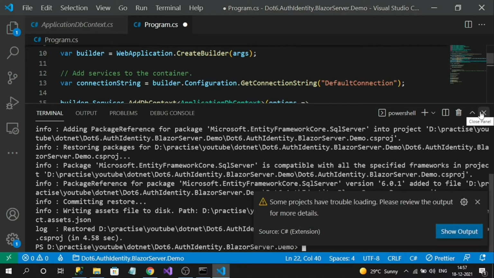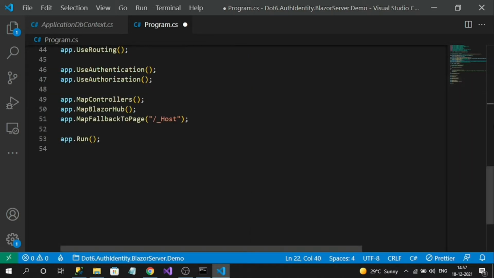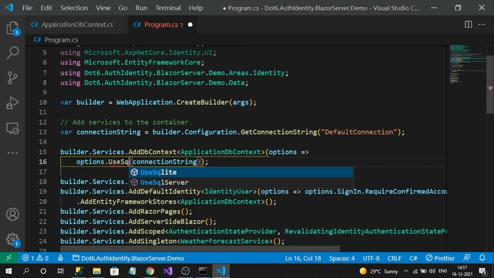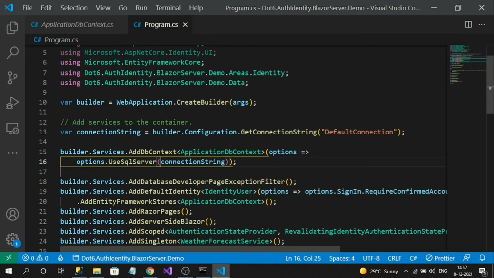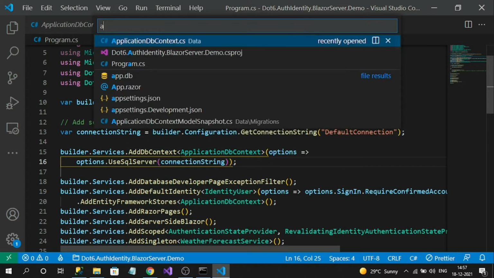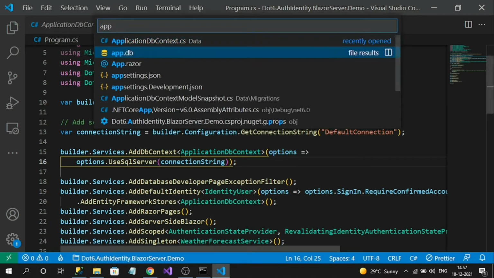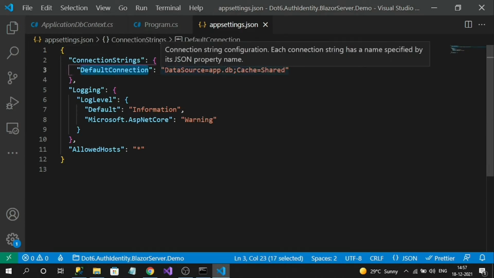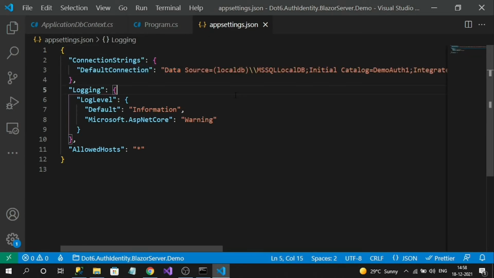The package was successfully installed. Now in the Program.cs file, let's change this to use SQL Server. And one more thing we have to do is in appsettings.json, in the default connection, let's add our own database connection. So I added my DB connection.